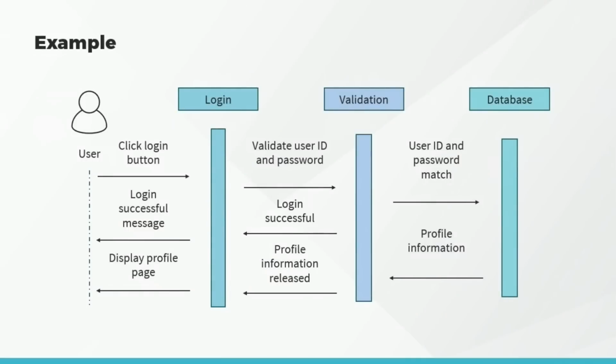So to finish up with a more specific example, in this diagram, we see the process of a user logging into a database environment, and each step of the process is laid out in the sequence by which each step must occur. And the steps are also categorized in terms of their function or the objects involved with the processing of that request. And as mentioned just a moment ago, once the user passes in their user ID and password